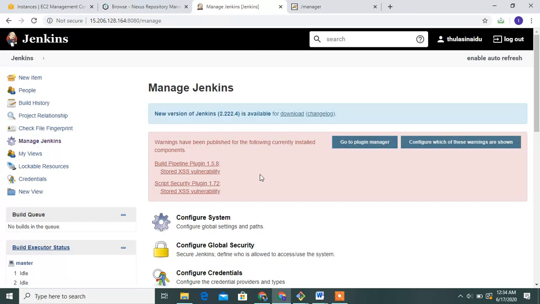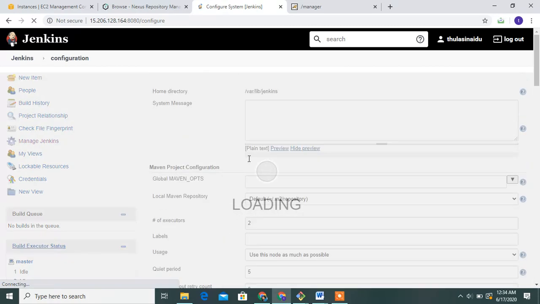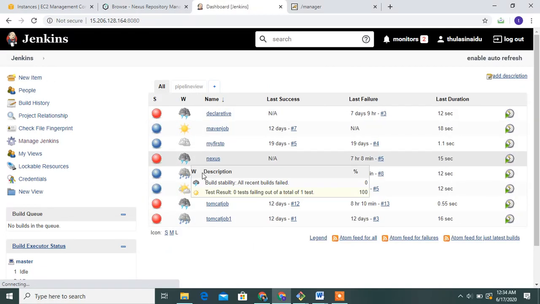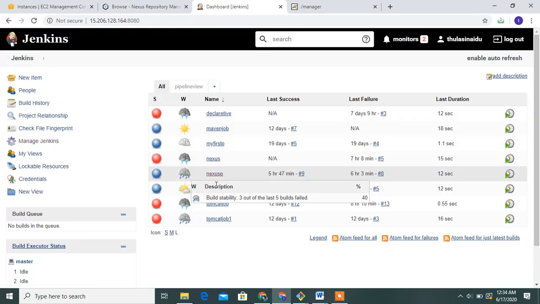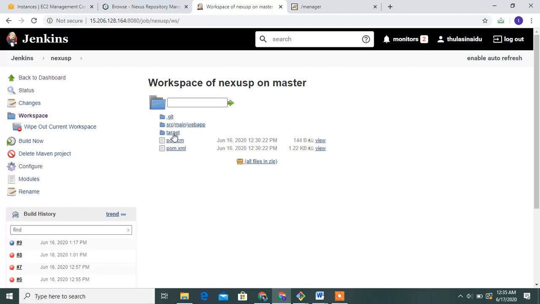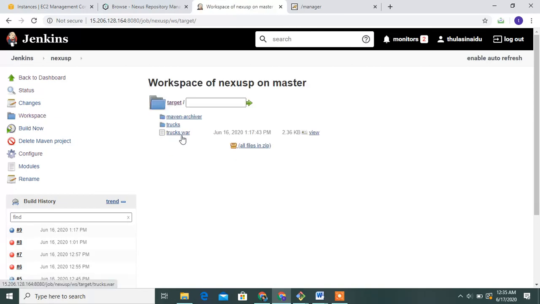Go to the run in Jenkins path, go to configurations. See this, guys, /var/lib/jenkins. This is where Jenkins runs. Then run the Maven project, go to the workspace, go to the target and the war file. These are two cases, add the path, guys.